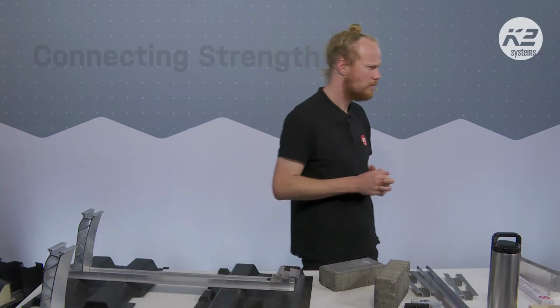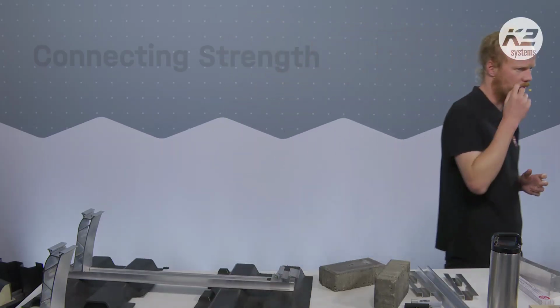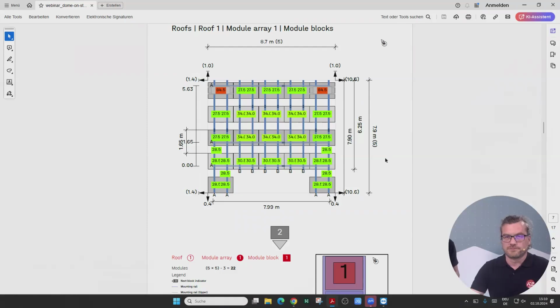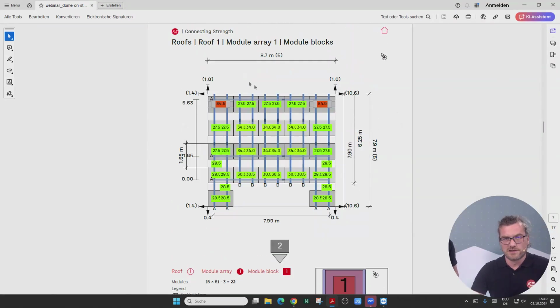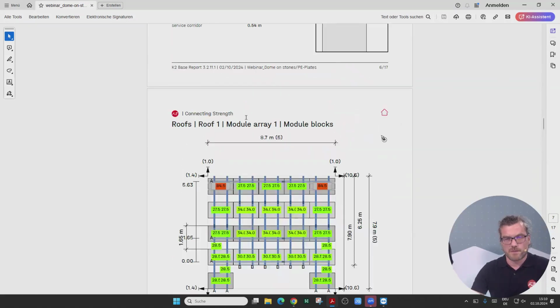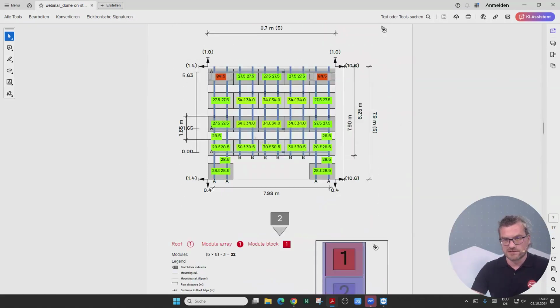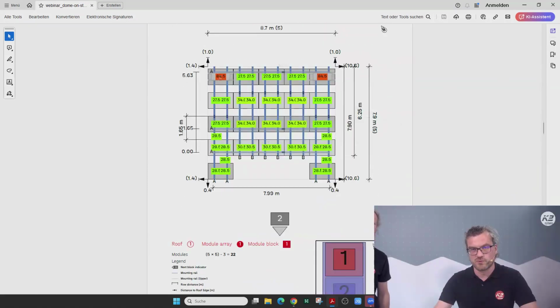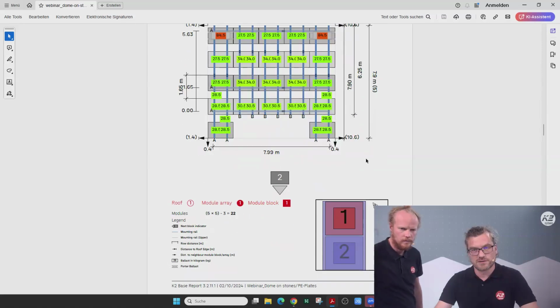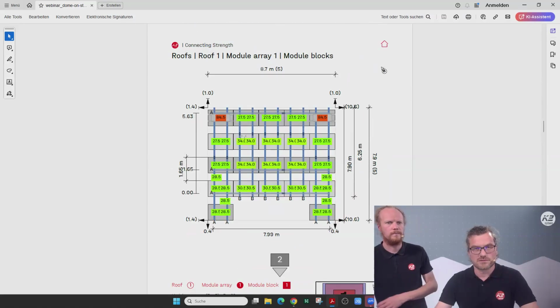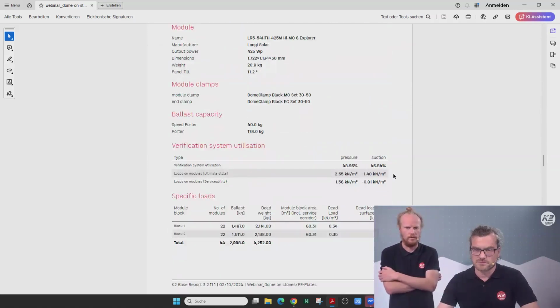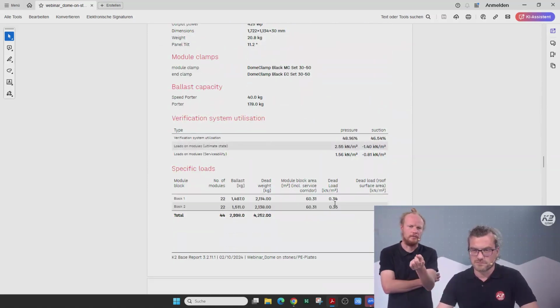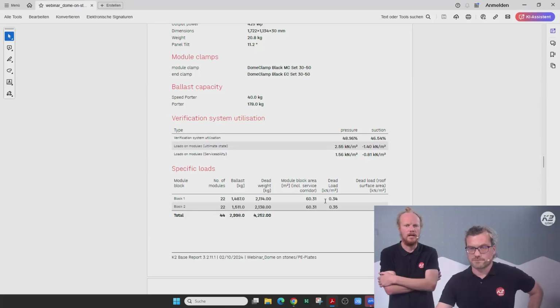So yeah. Just in the, I think a bit further down, oh, this is just standard ballasted though, yeah? Yeah, this is our standard assembly plan where you have to put the weight. Yeah. And maybe if we could compare that with that of a stoned option. And so this is the table. Yeah. So this specific loads table is pretty